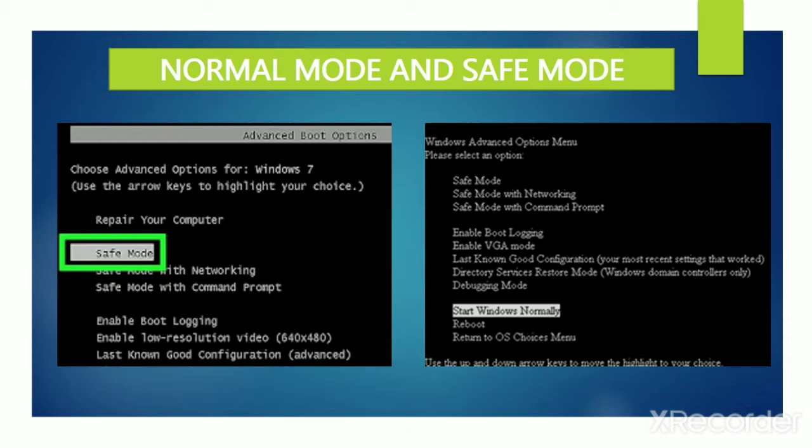If we click on the safe mode option, Windows will check the computer for errors before loading. If we click on the start Windows normally option, Windows will start loading normally without checking for errors.